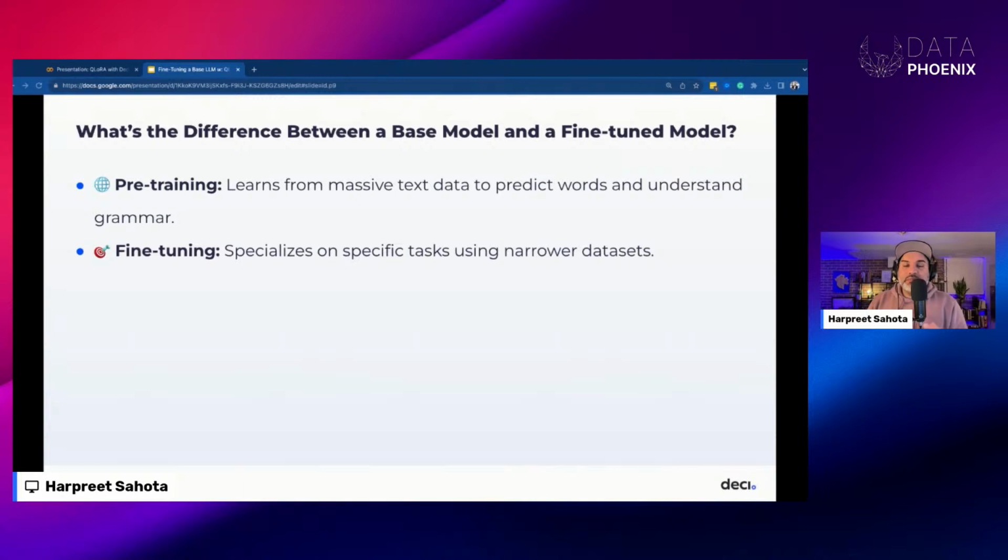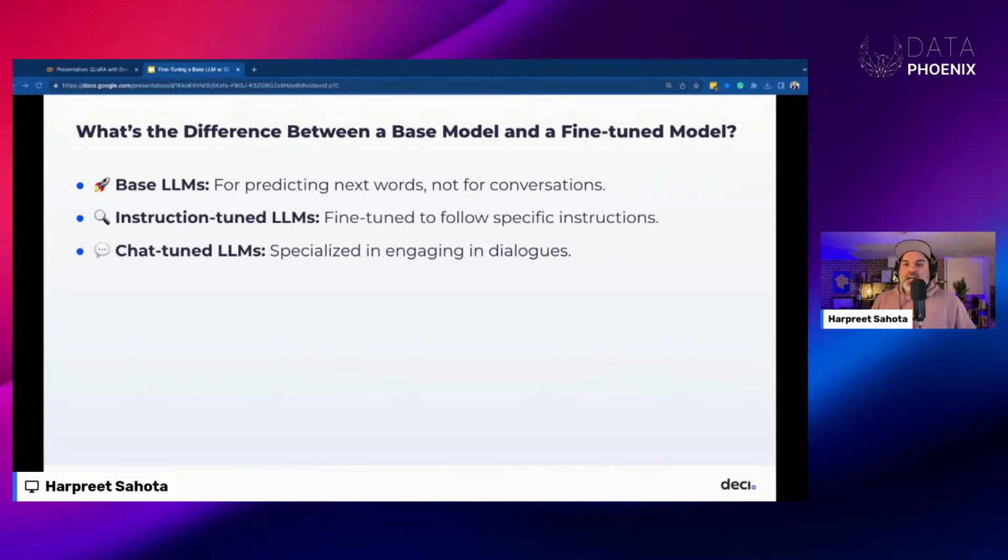And you're going to focus on specific input-output pairs that's going to help guide the model towards some desired behavior. So it really is this fine-tuning step that's going to mold the model's behavior for specific tasks while retaining its general knowledge. In general, language models come in 3 different varieties. There's the base model, instruction-tuned model, chat-tuned model. In general, these are the 3 different types of large language models you'll see.